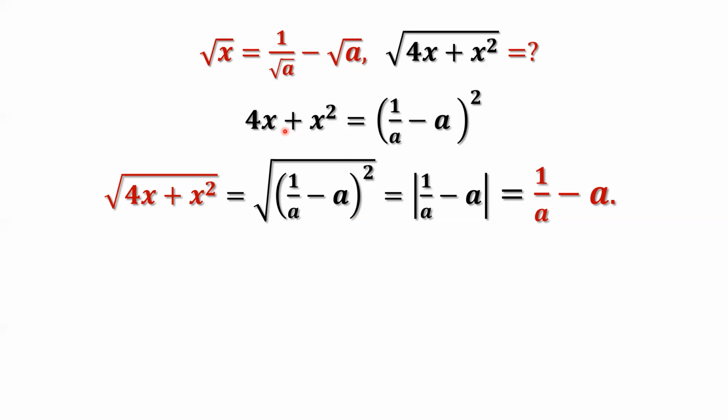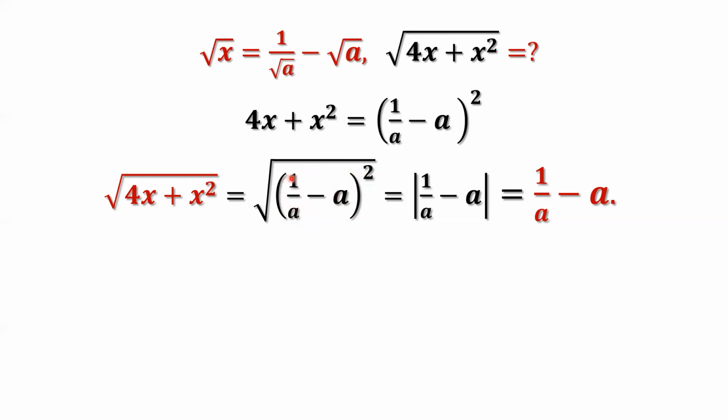Then what do we want to find? We want to find this one. That means we want to find this. We have the result for inside part, just plug in. Plug in here, you have here. Can we cancel this 2 and square root directly?